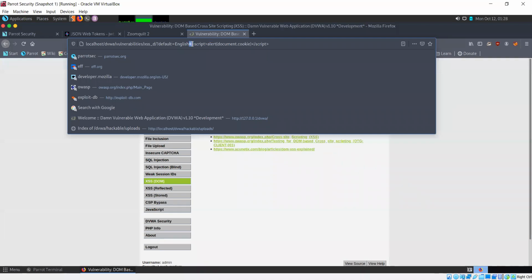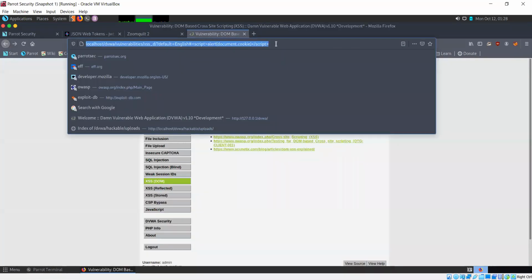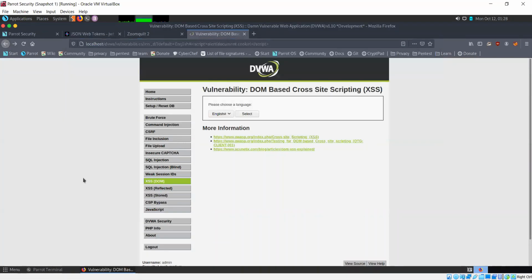The server does not process this. It does not remove the script, but of course the browser does not work the same way. It sees this as part of the URL and it changes the DOM based on that.